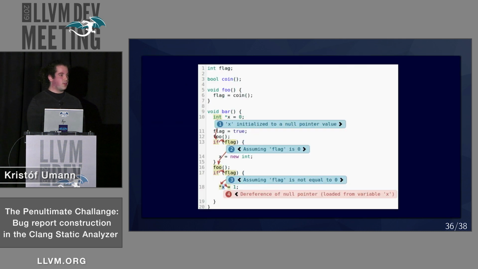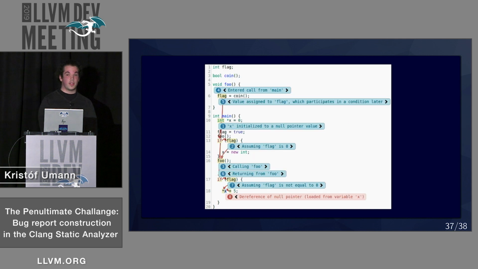And as a final note, this is the bug report that we would have emitted before the summer. What is worth noting here is that the analyzer didn't even realize how meaningful flex value is in the second condition. And by implementing control dependency analysis, we were at least able to realize how meaningful flag is in